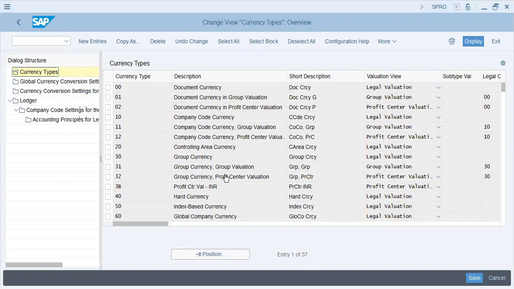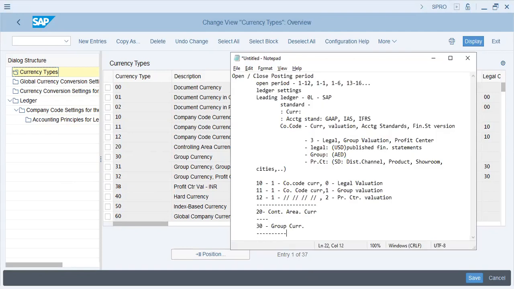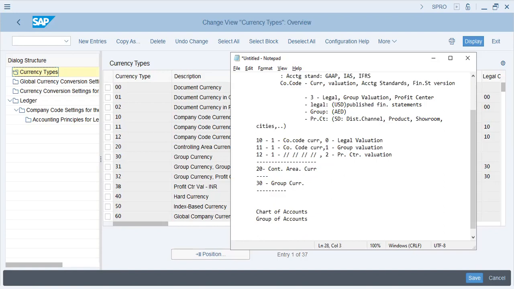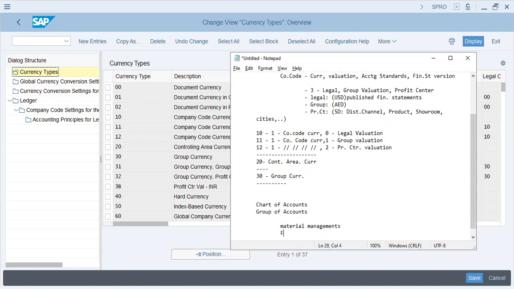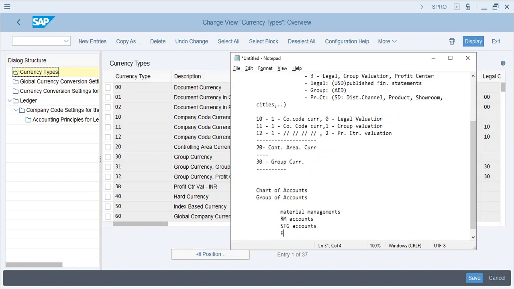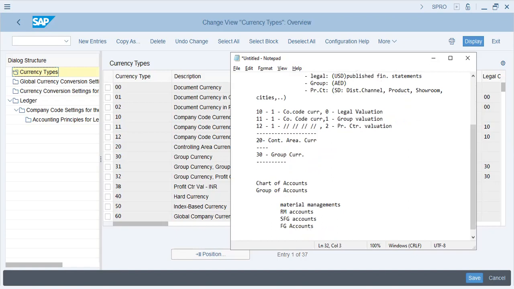ledger chart of accounts. Now, what is chart of accounts? Very easy. Nothing to worry about. As a supply chain logistics consultant, you should know what is a chart of accounts. Chart of accounts is nothing but group of or collection of accounts. Okay. For material management, guys, what do we need? Raw material accounts. We need semi-finished good accounts, finished good accounts, and in raw material account, what do we have more? GR, IR, raw material,